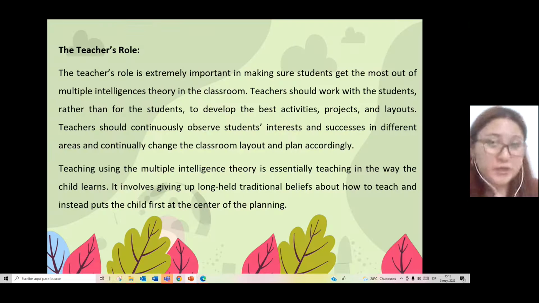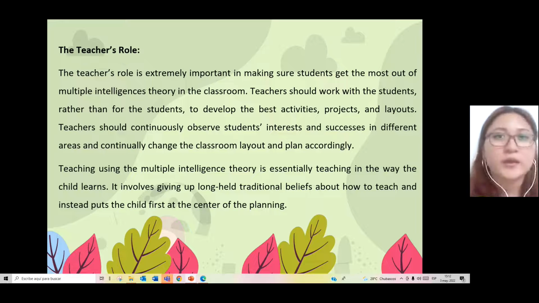Let's go ahead and talk about the teacher's role. The teacher's role is extremely important in making sure students get the most out of multiple intelligence theory in the classroom. Teachers should work with the students rather than for them